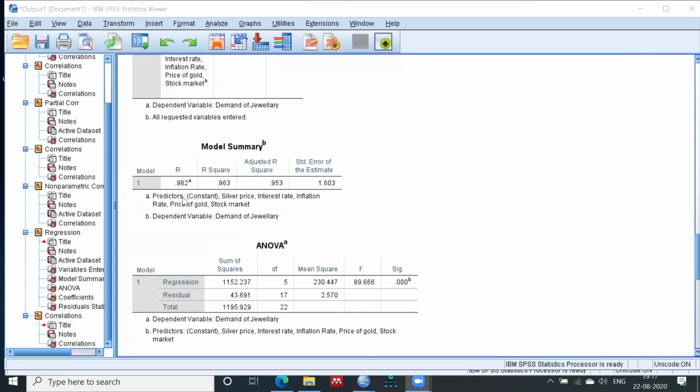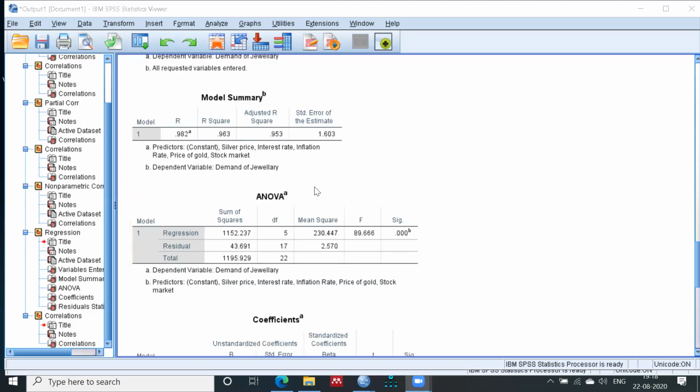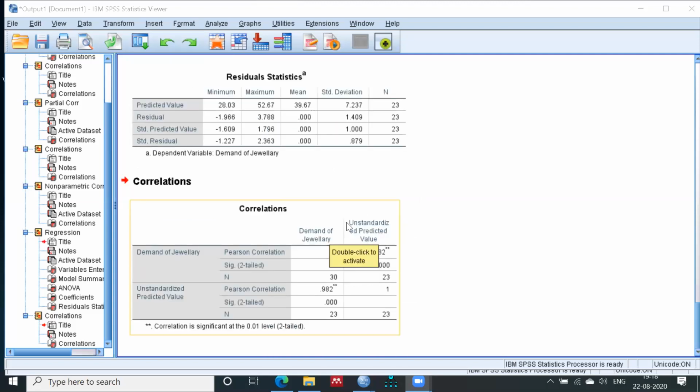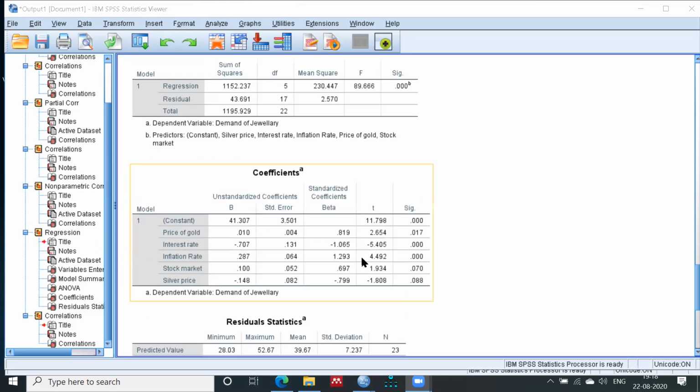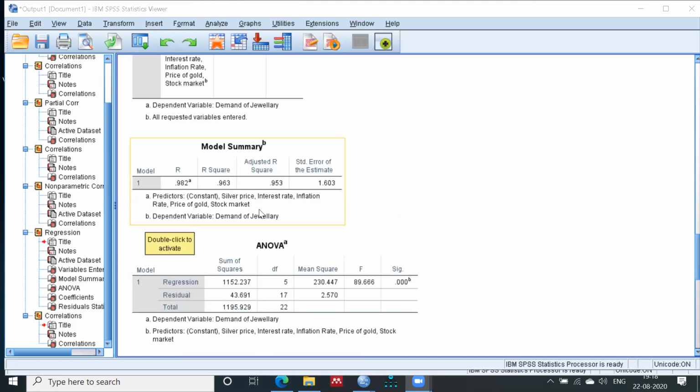You can calculate this separately, or you can present it with the help of regression also. It depends on you. For a separate multiple correlation, you need the unstandardized predicted value, then you can get this 0.982. But in this regression analysis, you can get it directly. So there are two ways to calculate the multiple correlation.